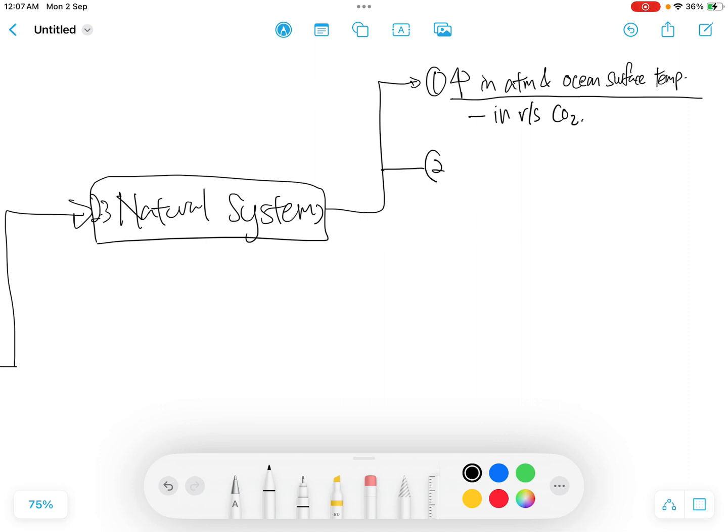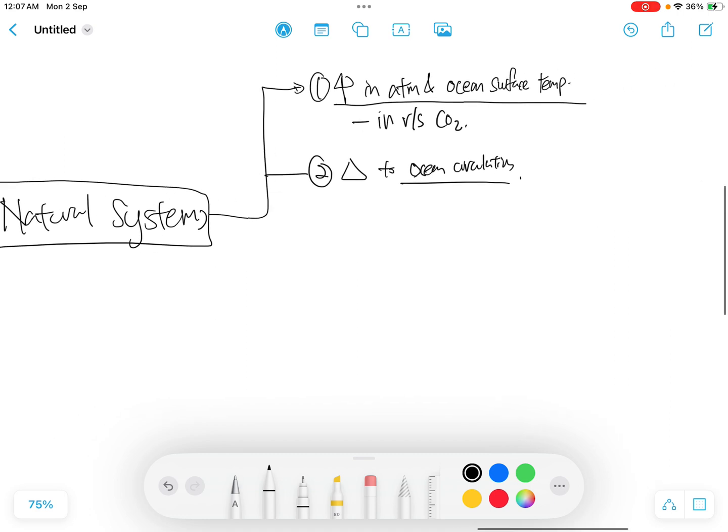Secondly, what has happened in the natural system is there are changes to ocean circulation. Ocean circulation is a very important flow that is happening at sea level. These are large-scale movements of water, and usually warm water will flow to the colder water in the poles. So warmer water will be at the tropics, and will flow from the equator to the poles. Then it cools and becomes denser and it sinks, and this cold water is spread along the bottom of the ocean. So what happened is that climate change is actually slowing down